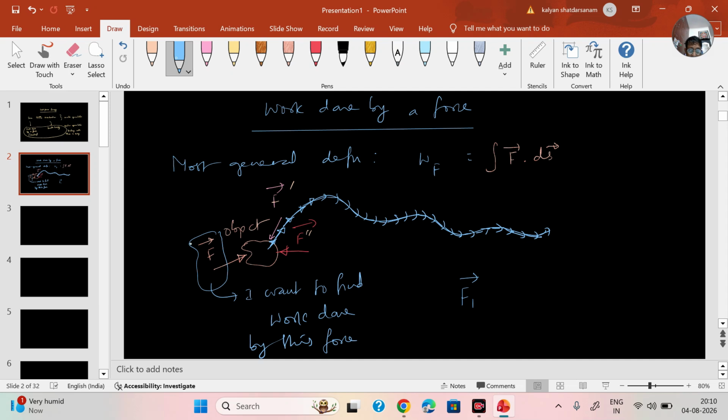So our force F, for some time it had a value and direction F1, and I am taking the dot product with ds1. This will give me the work done by the force for the small displacement. So I am doing a dot product of force and displacement, but not a big displacement, but a very small displacement, because the force is changing from moment to moment. The next moment the force became F2 and I dot it with the next displacement. And in this way,